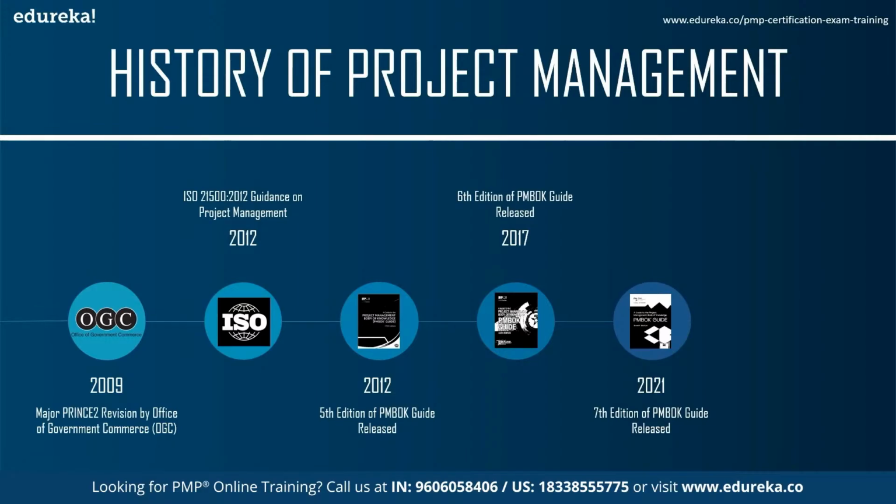In 2012, the 5th edition of PMBOK released. The 5th edition of Guide, published in December 2012, provides guidelines, rules, and characteristics for project management recognized as good practice in the profession. The updated version introduces a 10th knowledge area called Project Stakeholder Management and also includes 4 new planning processes. In 2017, the 6th edition of PMBOK Guide was released, and moving on in 2021, the 7th edition of PMBOK Guide will be released.